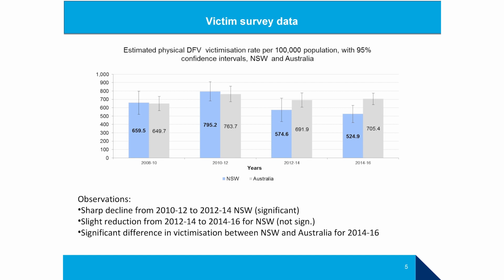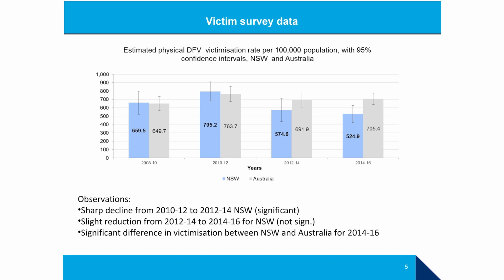And so just taking New South Wales, we'll look at the first time period, which was 2008 to 10, and you can see that there is an increase to the next time period, but it falls within the confidence interval, so it wasn't a statistically significant increase. But when we look at the next period, from 2010-12 to 2012-14, there's a large fall, and this time actually it was statistically significant. And then the next time period, we see that lower rate was maintained. So it didn't fall much further, but it was maintained in 2014-16. So we did have evidence from the victim survey of a fall in domestic and family violence assaults.